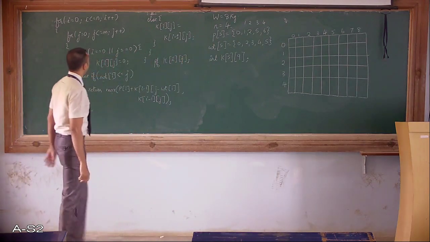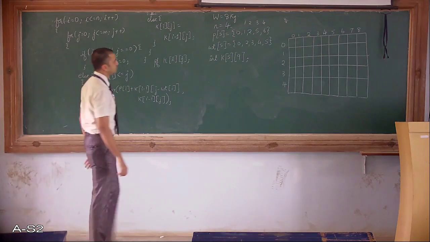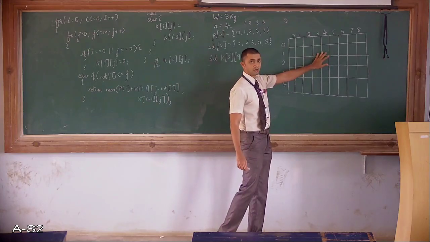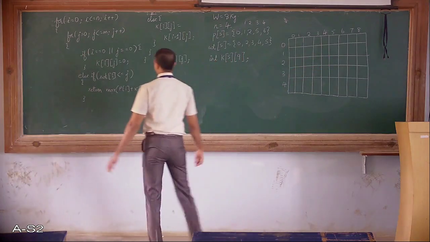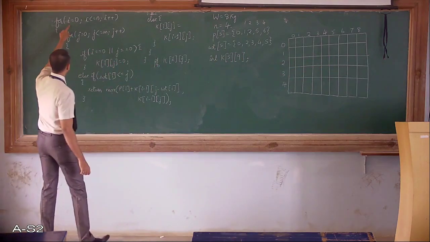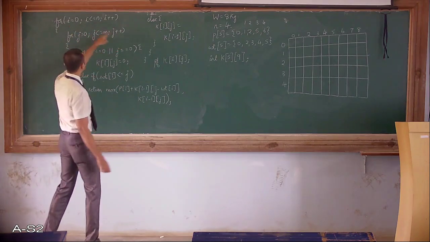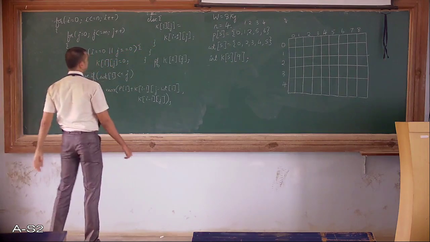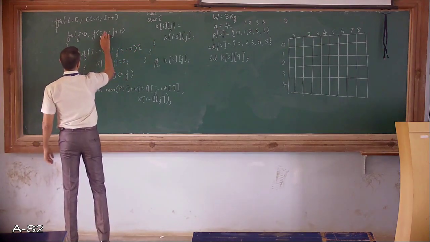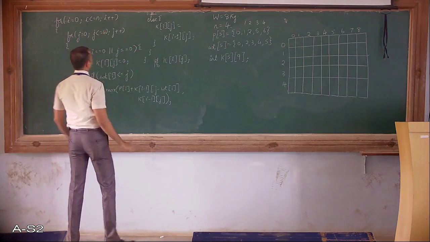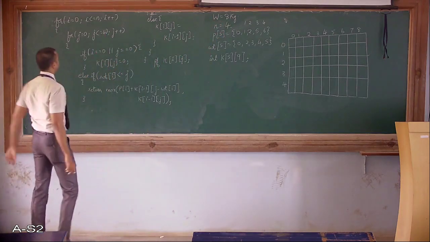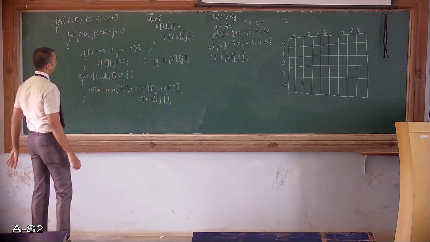Alright, so this code, let's trace it out. Let's see how this code is used to fill this particular table. First iteration, I value is 0, I less than equal to n, condition is true. J equals to 0, j less than equal to m, or you can say w. Since I've taken it as w over here, I'll make this as w. J less than equal to w, j plus plus.